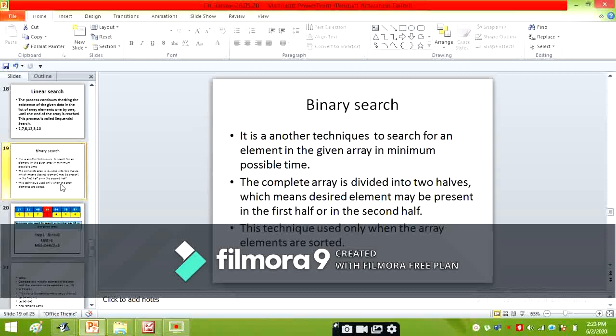In binary search, we divide the array into two halves, which means the desired element may be present in the first half of the array or the second half of the array. This technique is used only when the array elements are sorted. Binary search is implemented only when array elements are in sorted order.